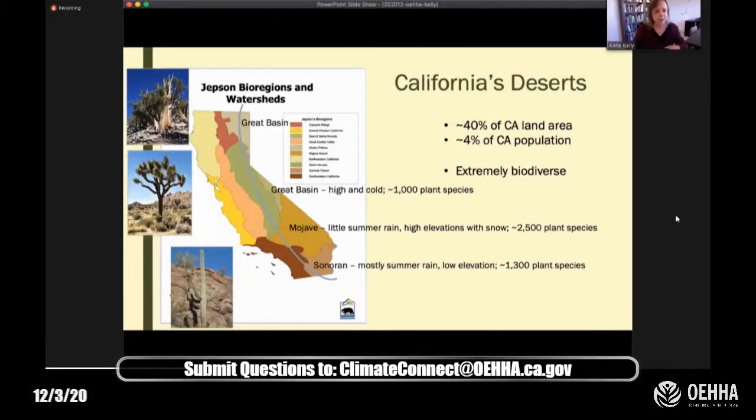So California hosts three major desert biomes, the Great Basin, the Mojave, and the Colorado Desert, which is a subset of the Sonoran Desert. The Great Basin is characterized by high elevation, sagebrush scrub, and very cold winters. In addition to its famous sagebrush, its other famous plant is the ancient bristlecone pine. The Mojave Desert is probably California's most iconic and is represented in popular imagination by the Joshua tree. The Mojave Desert is unique for North American deserts because it's not only hot, but it receives almost no summer rain.